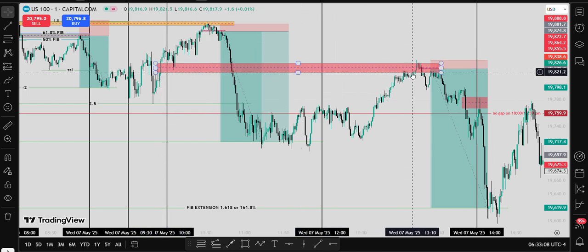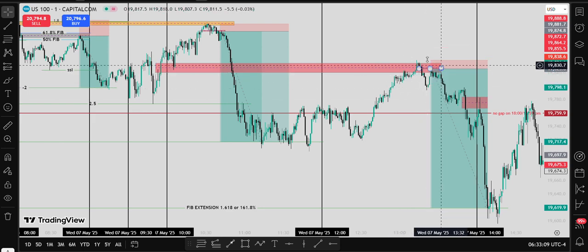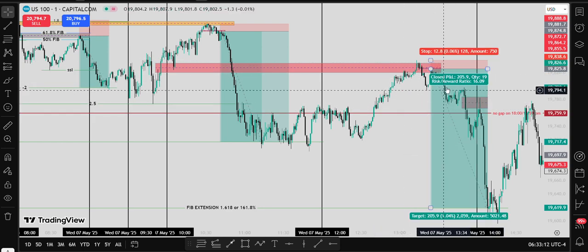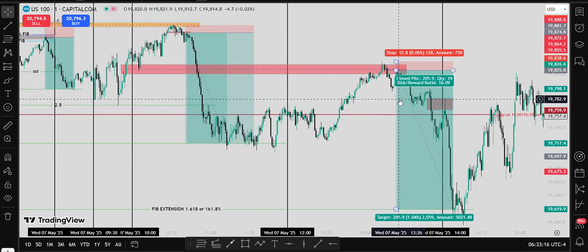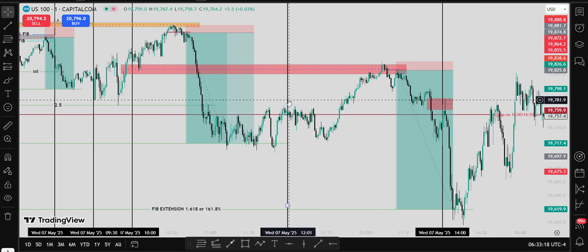At that time, the reason why I won't talk much about this trade, as much as somebody would have benefited from it, is because it is happening between 12, where I actually stopped trading, and